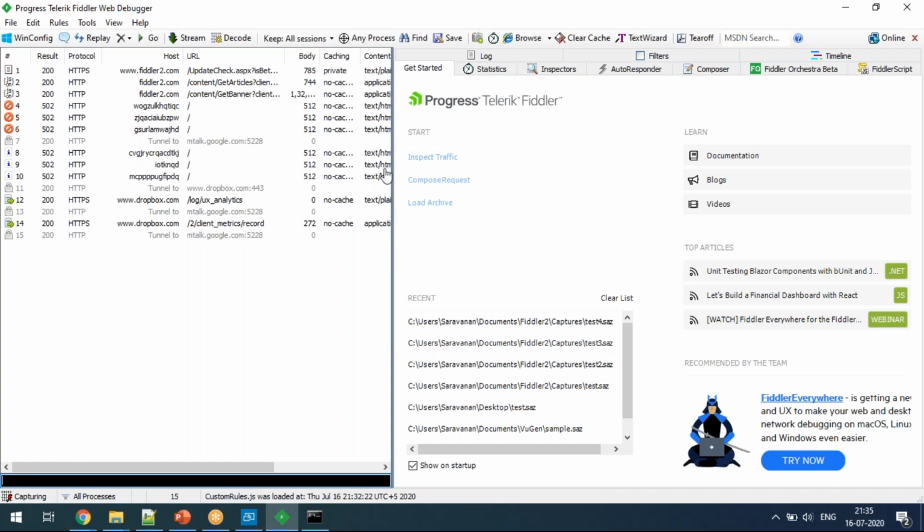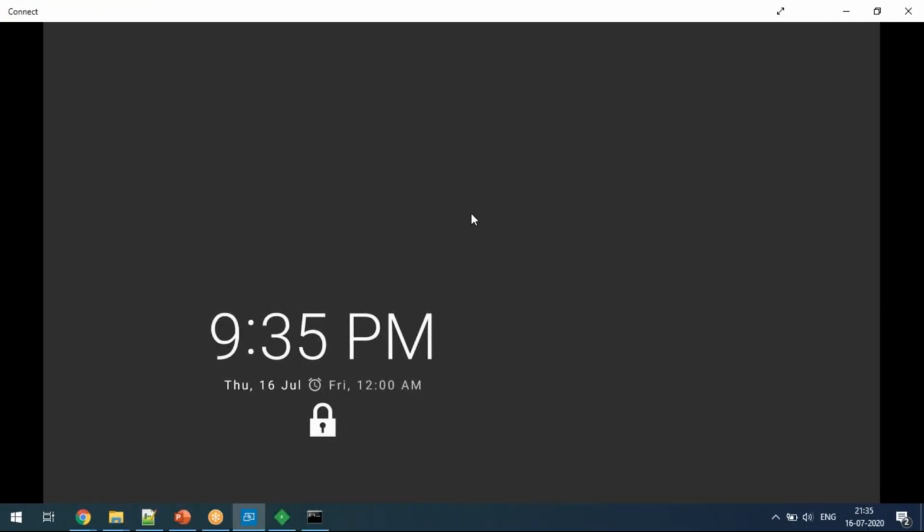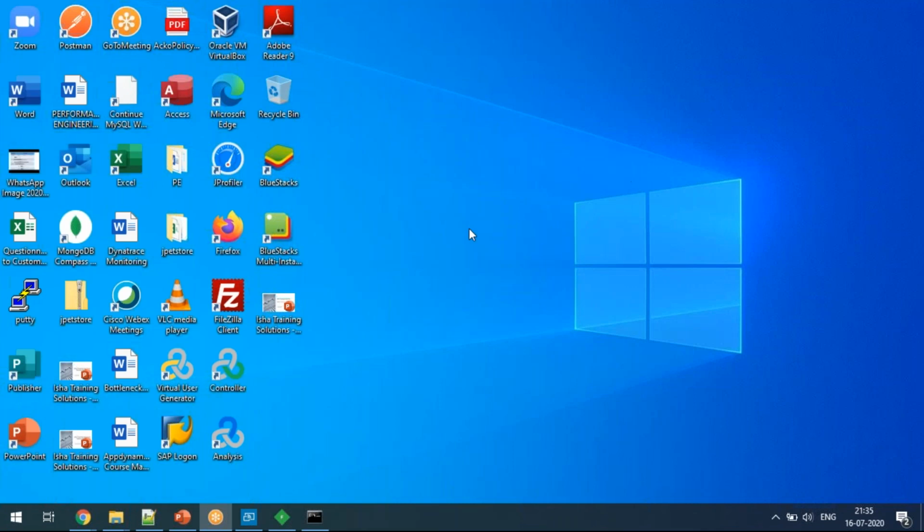It is like sniffing; the term they usually use is sniffing the traffic. In detail, when we go for our regular session, I will explain the data capture, and how the data can be converted from Fiddler to a LoadRunner script. We will be covering it, guys.